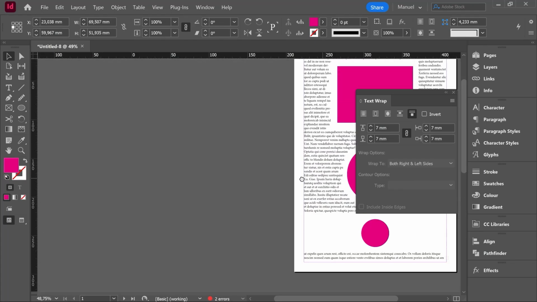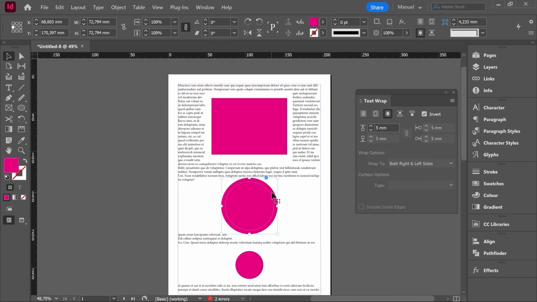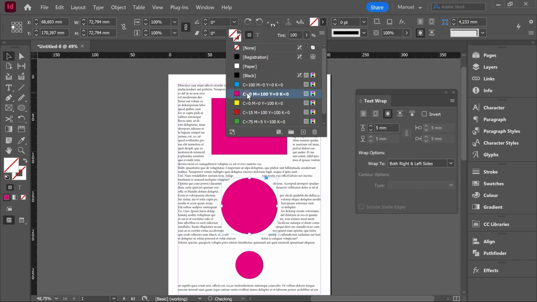Finally, we have this little box, Invert. Let's go over this first page. Then if I select this circle and I click Invert, what happened is a little bit confusing. But if I delete the fill, then we can see how the text placed outside is now inside our shape. We are inverting the position of the text from outside to inside our shape. In my experience, this option is rarely used, so let's turn it off, magenta fill again,